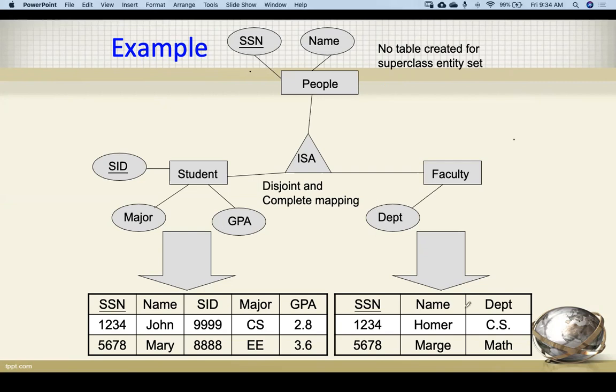Here we have the department attribute, and SSN and name will also come here. Now in this scenario, we don't have to create a separate table for people.